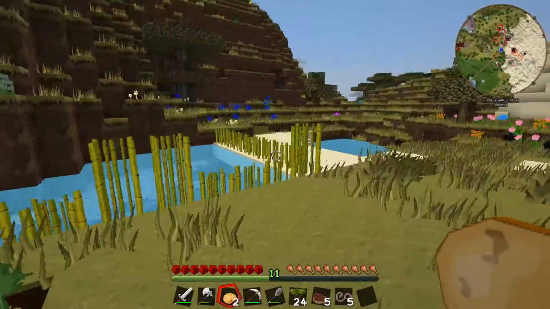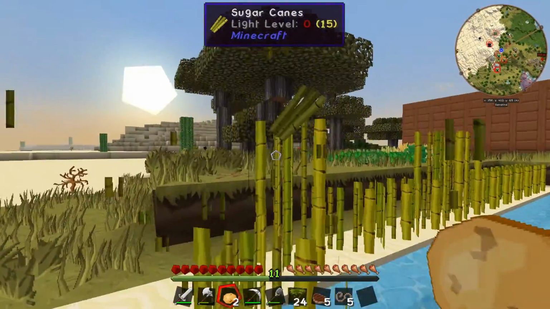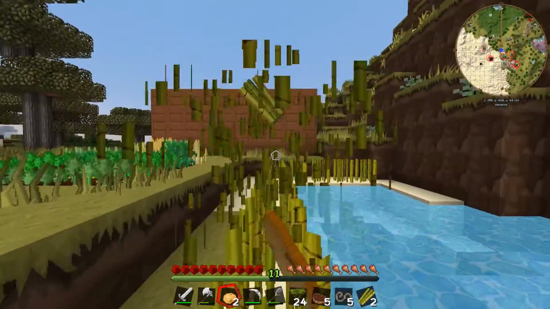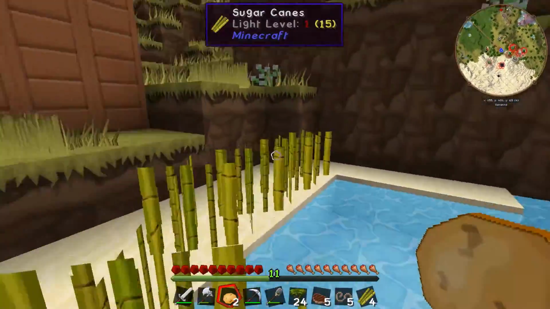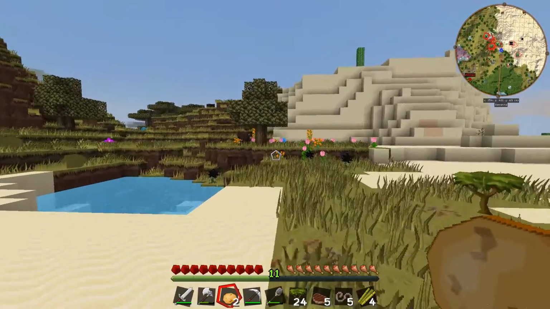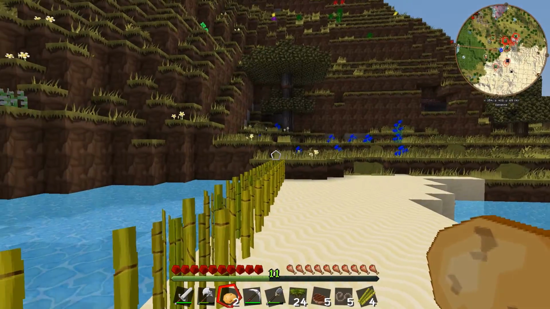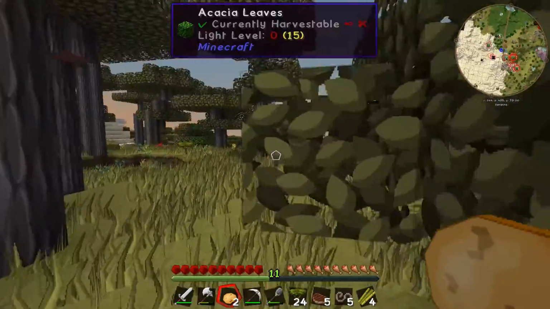Boom, replant those. And I've got a sugarcane farm up and running as well because we want to get into Tinker's Construct fairly quickly, just to get ourselves some better tools and also maybe do some ores and all those good things. Probably mainly for tools. I've also planted all these saplings around everywhere